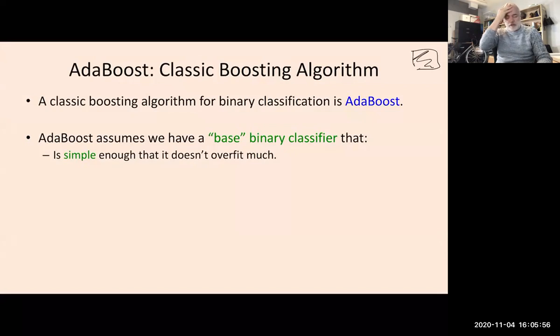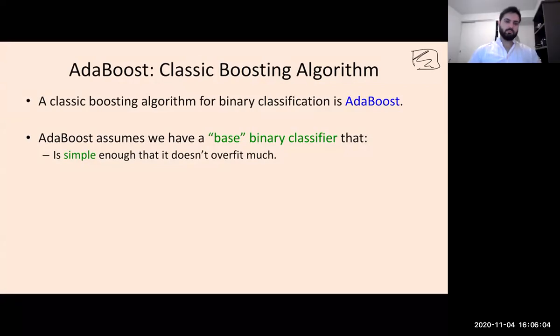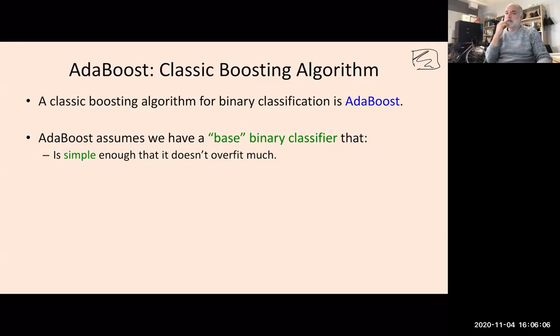The first method we'll talk about is AdaBoost, which is a classic boosting method. You should be aware of its existence. It's sort of like the perceptron algorithm. It's that fundamental in the history of machine learning. And then we'll talk about XGBoost, which is a modern boosting algorithm that does very, very well in many practical settings. You should be aware of it if you're going to go off and actually do machine learning, because you want to use this for solving your Kaggle competitions and that sort of thing.